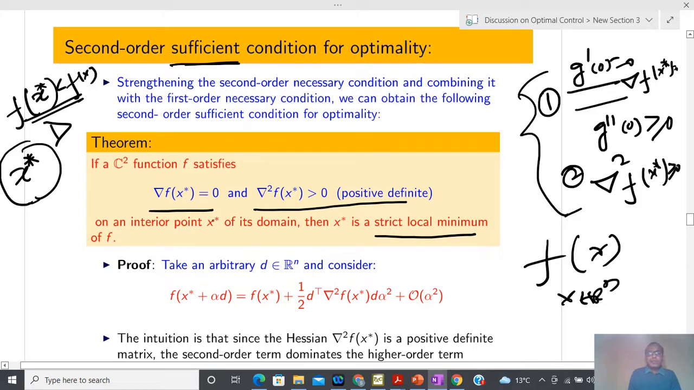Okay, so I have to think about some kind of interior point x star of its domain. So this domain is here, so I have to assume that this lies inside, not on the boundary. If it lies on the boundary, then we know that it is difficult to define D, this function, because whenever I am solving it, at that time I am defining f of x star plus alpha d, and basically this alpha